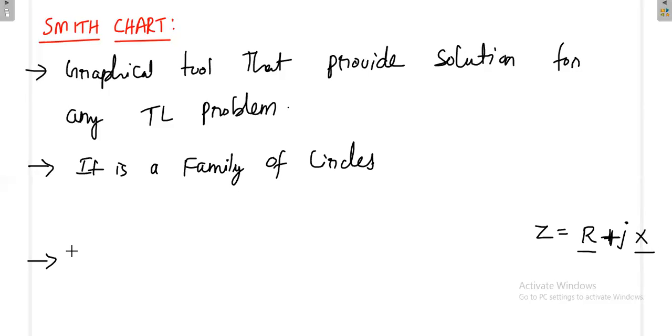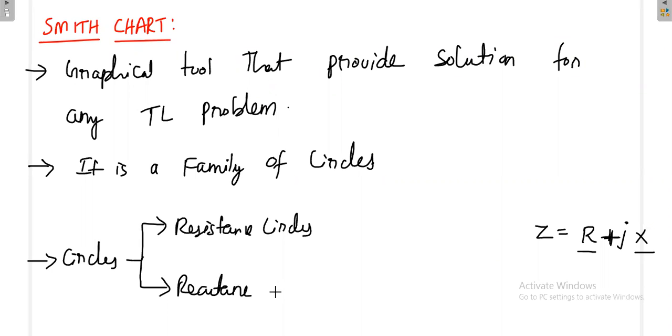So generally there are two varieties of circles: one is called resistance circles, and another is called reactance circles. For the resistance circle, what is the center of the circle? The center of the resistance circle is R divided by 1 plus R, comma 0. Then what is the radius of the circle? The radius of the circle is equal to